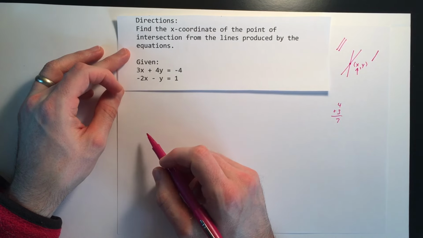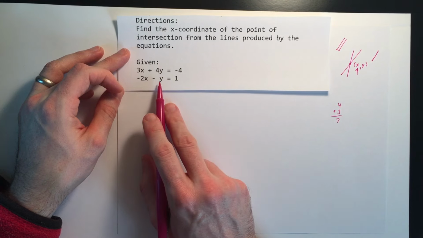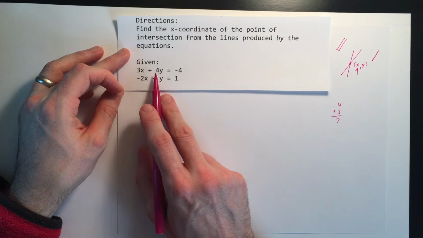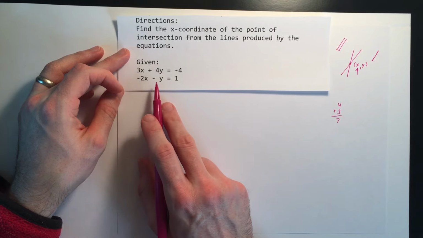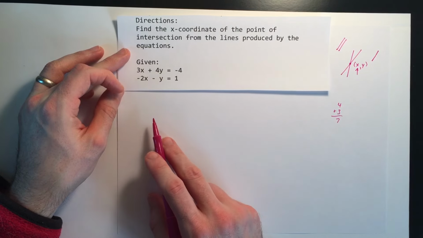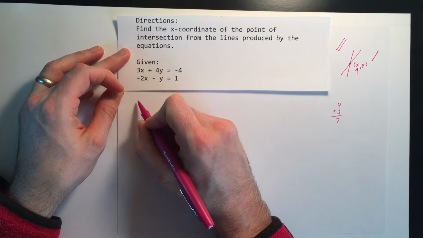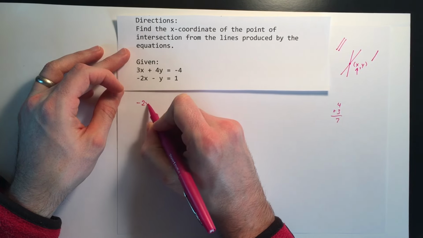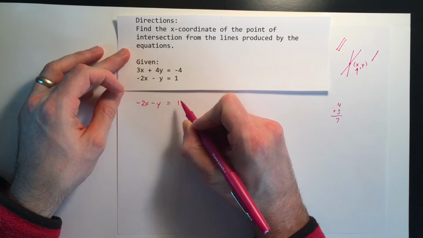So we need to do a little bit of work first. I see that I can make one change to this -y, and it would make 0 with this +4y. I just need 4 times as many -y's, and I would have a -4y here, which is the opposite of +4y, and those would make 0. So to do that, I'm going to just take my -2x minus y equals 1, rewrite it, and I'm going